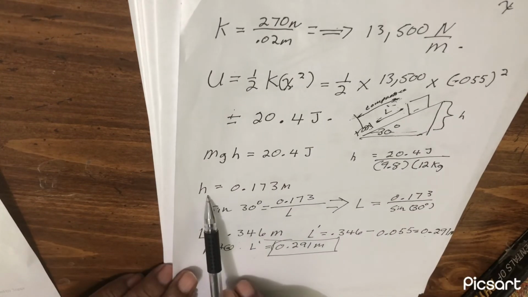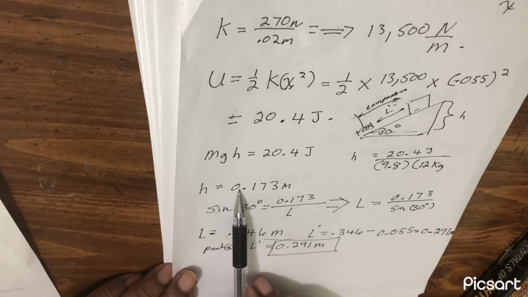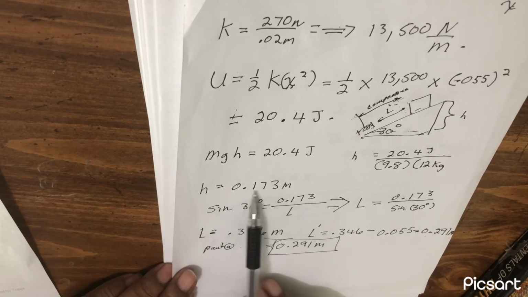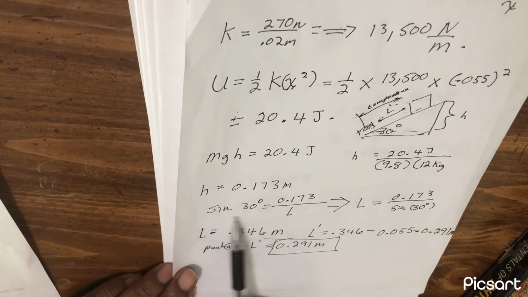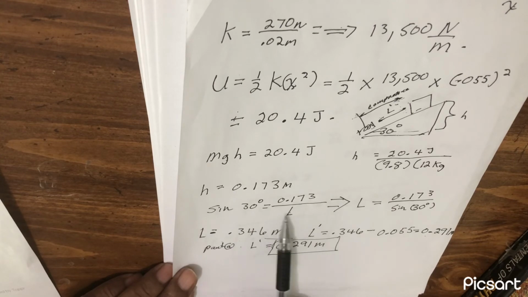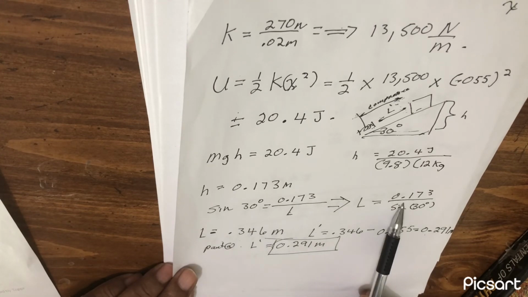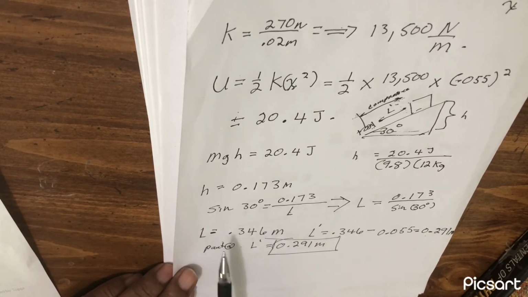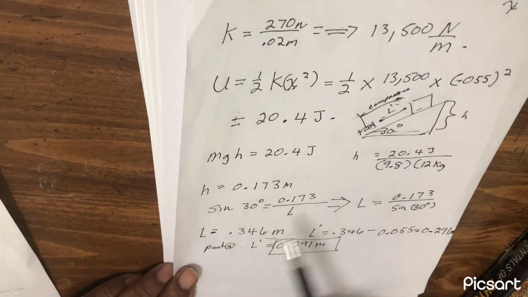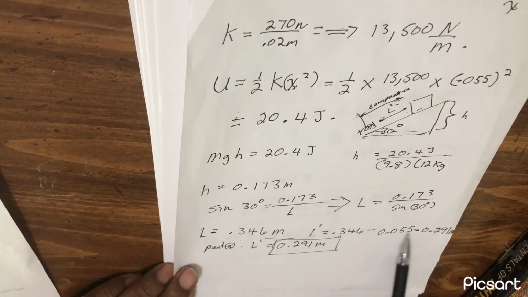When we solved for H, we got 0.173. We just used a trig formula to find L, and once we found the compressed L, we subtracted the length of the spring from it,